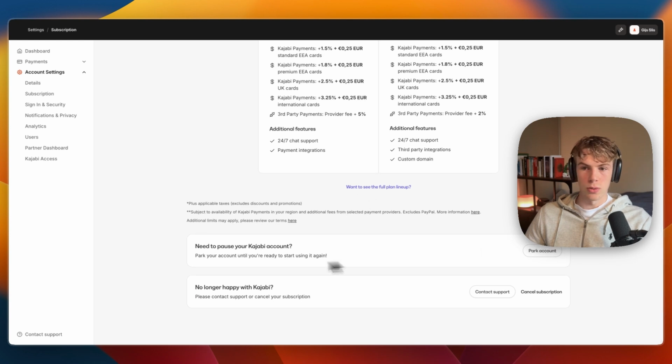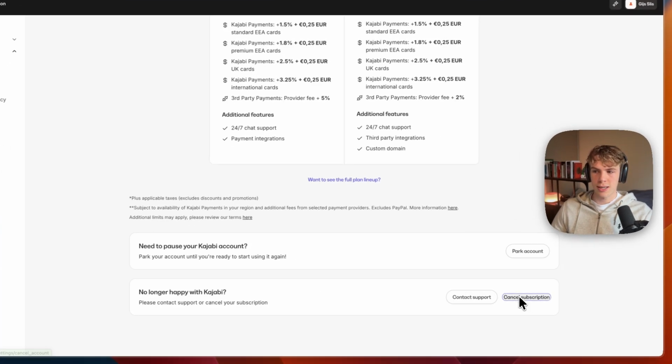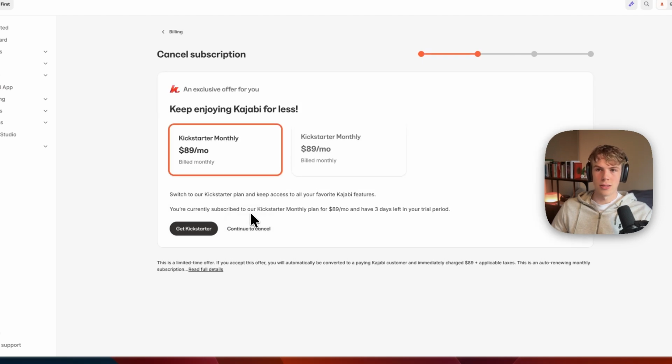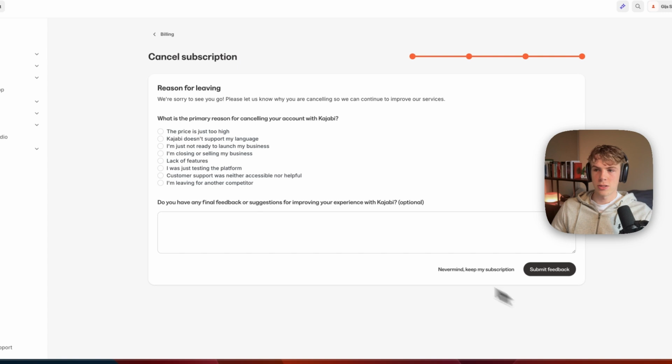Then you will see, do you want to park your account, so basically pause it. But if you just want to cancel it, you will find no longer happy with Kajabi. Just click cancel subscription right here. And then here just click again cancel my subscription, continue to cancel, and from here click finish cancellation, and then